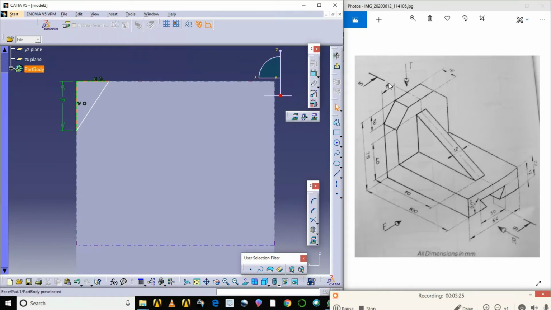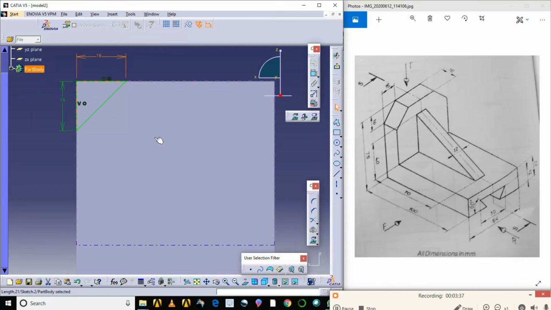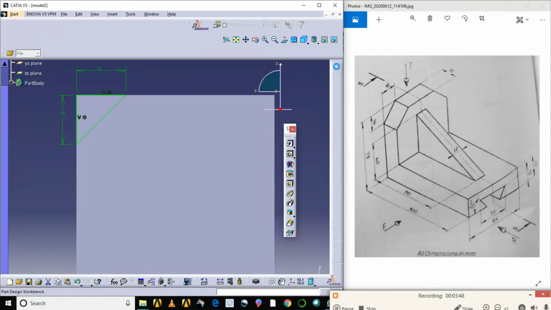This is also 16 here. See here, 16 here, 16 here. So this line length should be 16. Now this has turned green. I've given the dimensions. Now what do you do? You remove this material. You exit from the workbench.